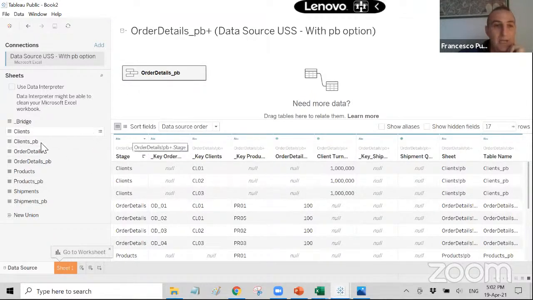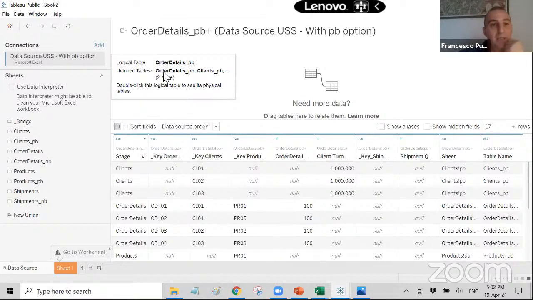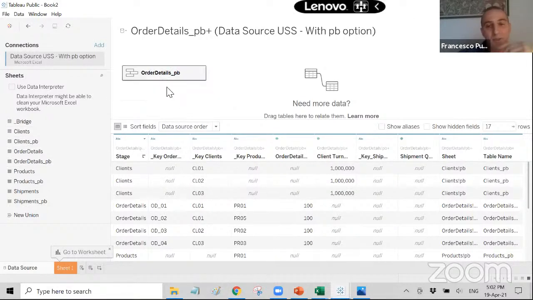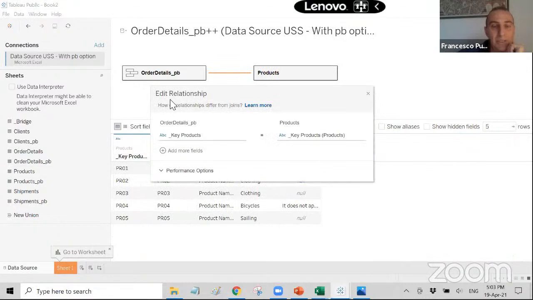Now that I've done this, I take the flesh. This is only a bone, like it's the backbone. There are numbers. I need to explain that, but I cannot do it during this presentation. So this is the backbone. And now I put the flesh, so the information about the product name and everything. So if I want the products, I double click and I don't need to do anything else because Tableau already knows that it joins by products and products.